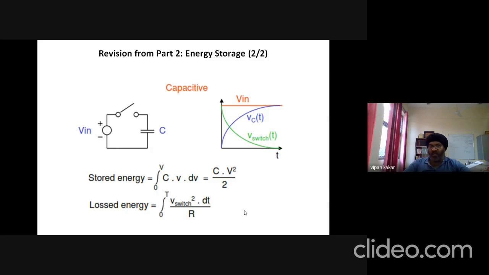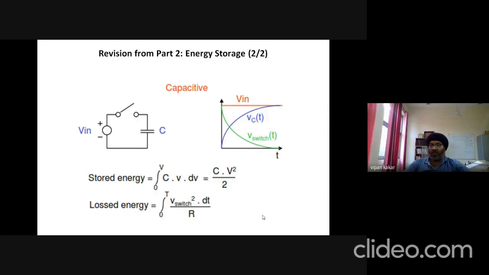But an ideal switch, like a MOSFET, as I discussed in previous lectures, has very little losses. That's why the MOSFET is preferred for low power applications, because the power losses are very low in MOSFETs. Switches are close to ideal in all these semiconductor devices. So that's why the losses in switches are quite low,